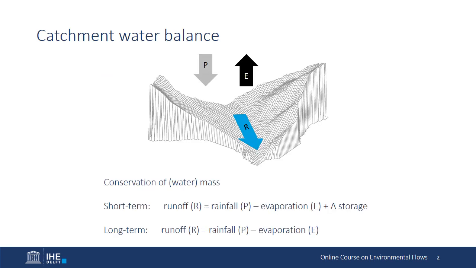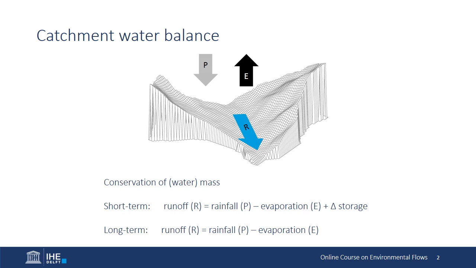If we take now a catchment, or sometimes called watershed or river basin, as the area of land from which water flows towards a river and finally discharges out of that area by a breakthrough point, normally defined by a gauging station, we can set up a water balance for that area. The main principle behind this is the conservation of mass, conservation of water, meaning that we have certain inflows and outflows. As inflow, we can consider the rainfall falling in that area, and as outflows we have evaporation and runoff.